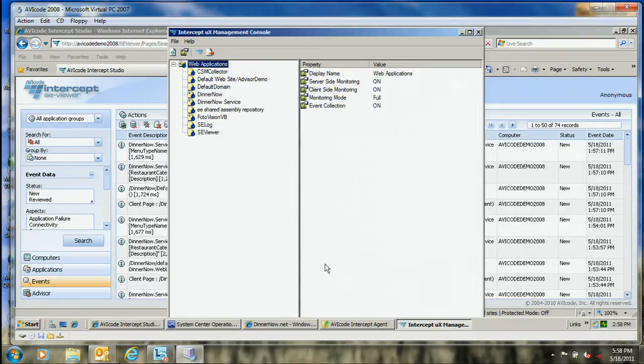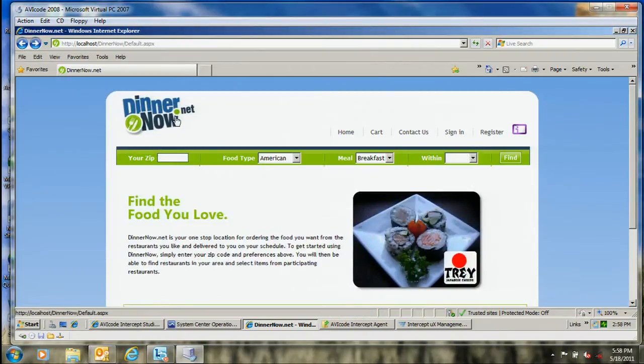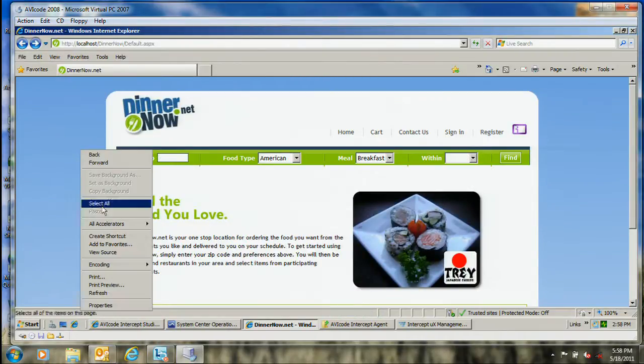So at this point, I'm already monitoring the server. I'm already collecting on the server. I simply told it to now start injecting that application. And the way that you could quickly test to see if it's actually getting it, we're going to go back out to the application Chris used. And I'm going to click on a blank spot,